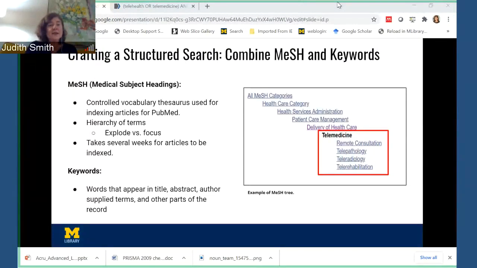So this is an example of what a structured search would look like in PubMed. You have terms that you're saying to PubMed, look in the title and the abstract, but you're also saying, look for this term in the medical subject heading. So you combine this concept block with this one. I'm going to show you how to construct in PubMed this type of structured search. But does anyone have any questions before I move on to that detail?